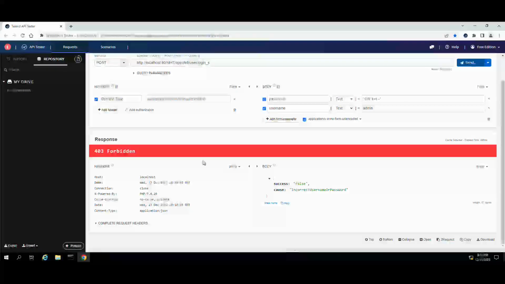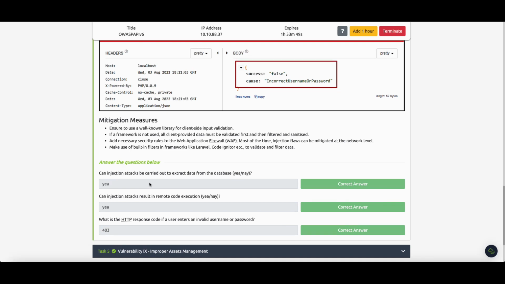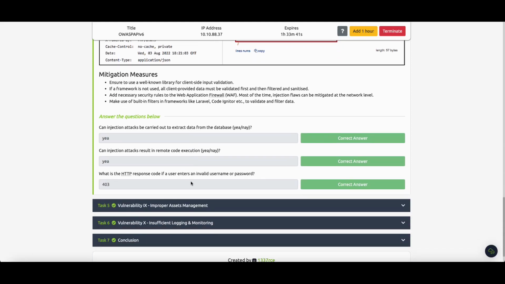It will be better if you get familiar with response codes. They are simple. There is nothing to avoid about them. You can learn them easily. You can take some notes and get familiar with them. Let's read our questions. Can injection attacks be carried out to extract data from a database? Yes, of course, yes. And can injection attacks result in remote code execution? Of course, because